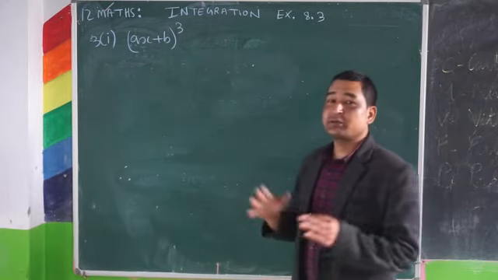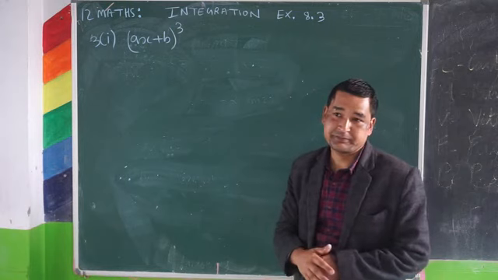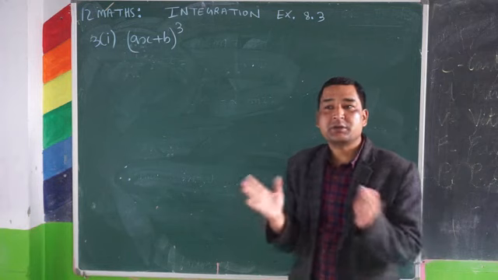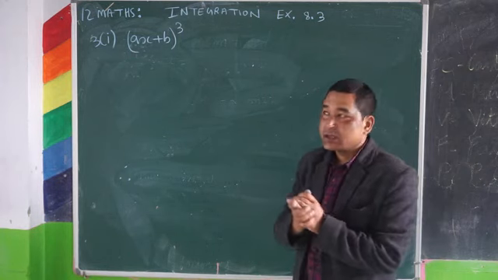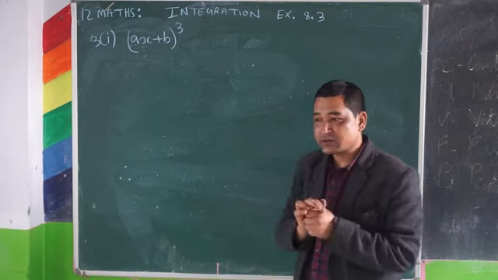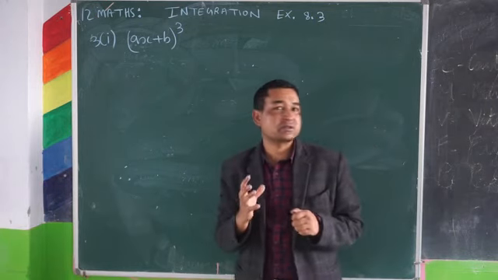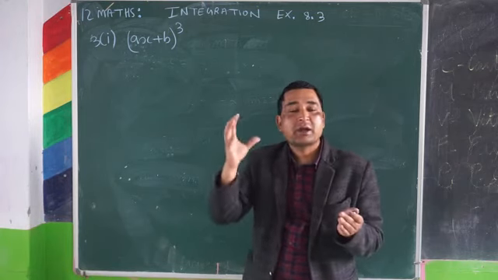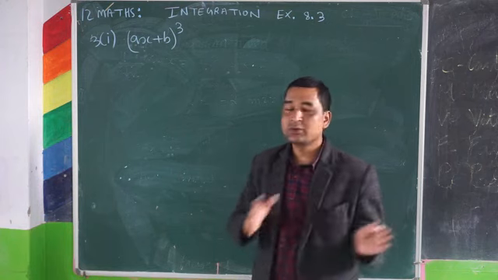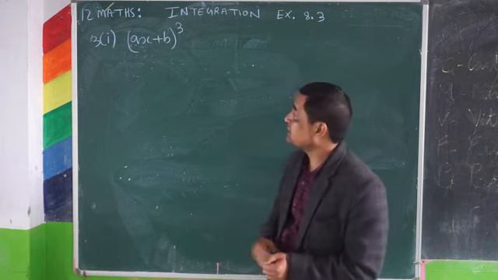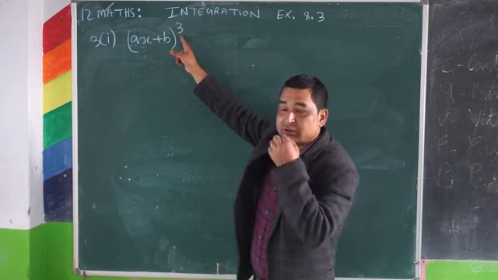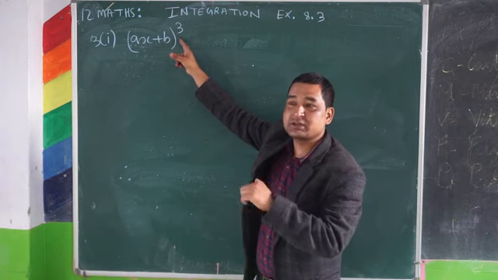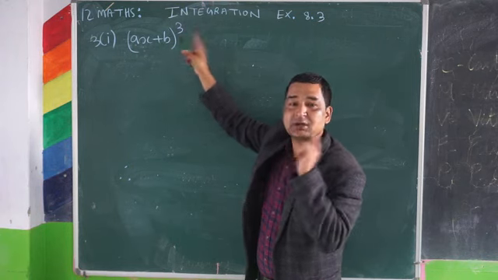This is the answer after doing the differentiation of some question. Ax plus b whole cube is the answer after doing the differentiation. Then we need to guess the question. First you have to use your basic concept. When you do the differentiation, the power of the variable decreases by 1. The power 3 means the question must have power 4.